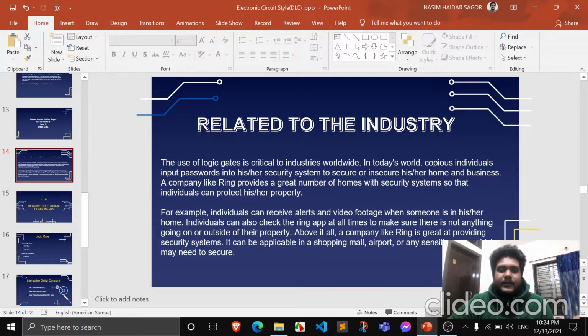A company like Ring provides a great number of homes with security systems so that individuals can protect their property. For example, individuals can receive alerts and video footage when someone is in their home.